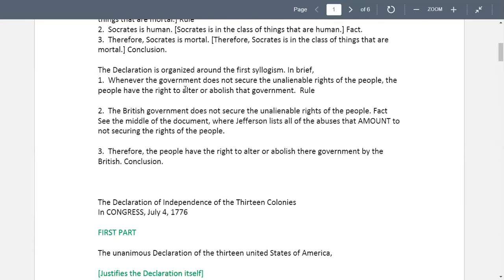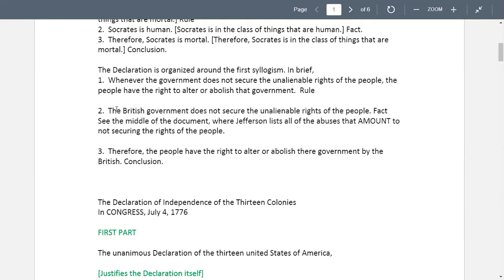But then they would have to provide the truth, the evidence, which would be part 2 here, that the United States government at the time has done something to take away their unalienable rights. And that's the part where it gets sticky for the charge on the Capitol, because most of us don't see this happening. We don't see the government taking away your guns. And even if we did, that doesn't necessarily infringe upon your life, liberty, and pursuit of happiness. Now, if you need your guns to secure your life, liberty, and pursuit of happiness, that's a different discussion.